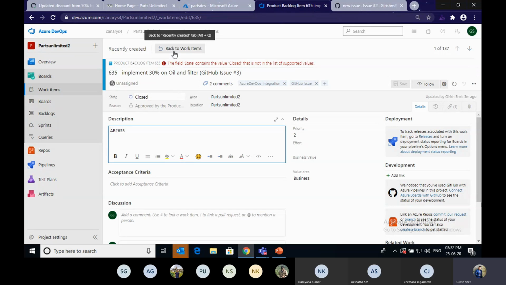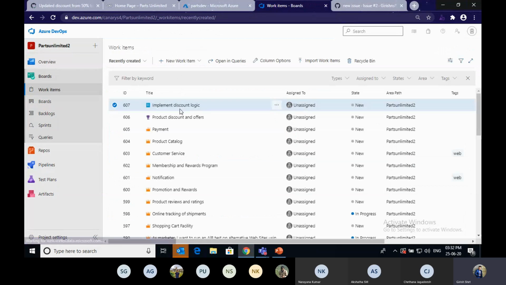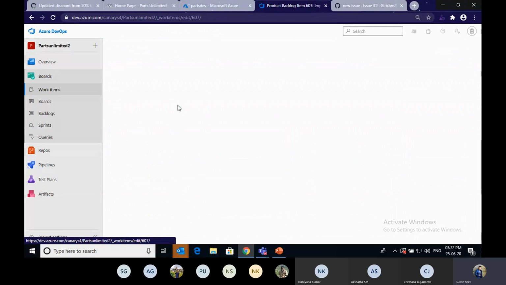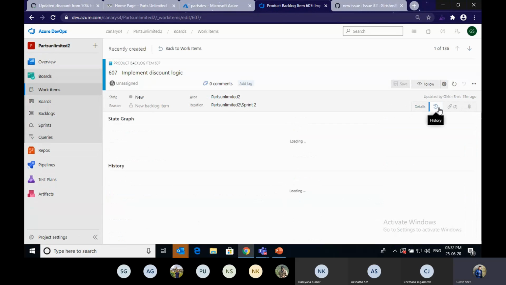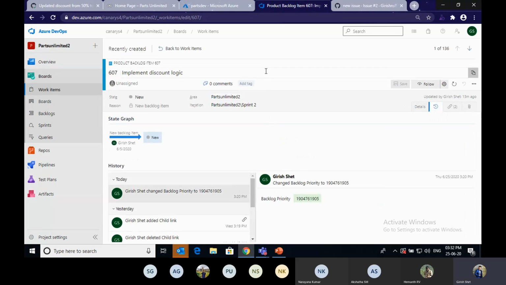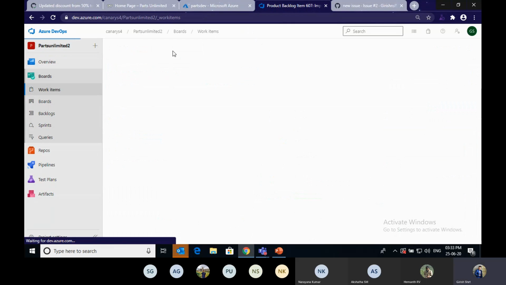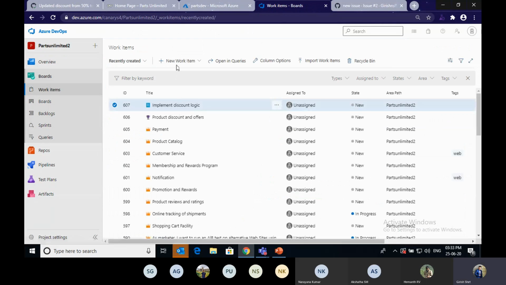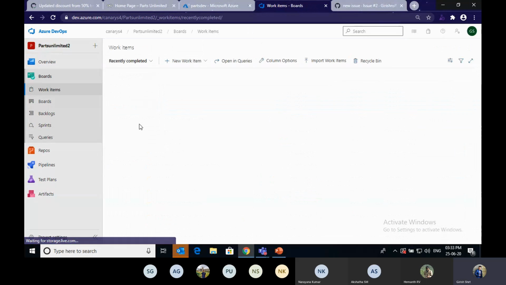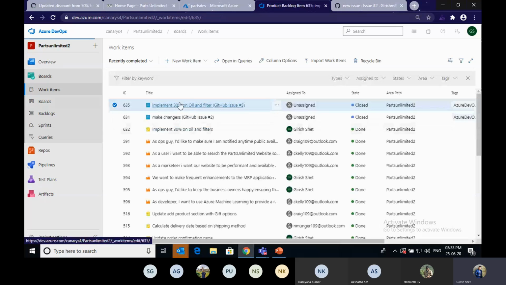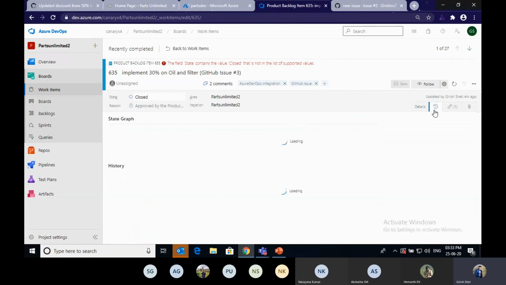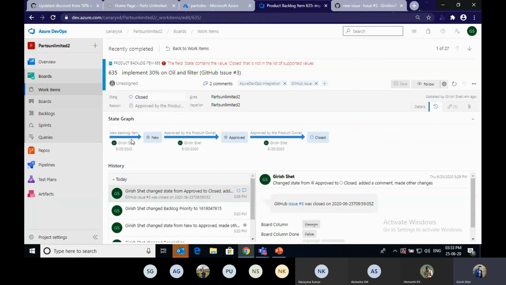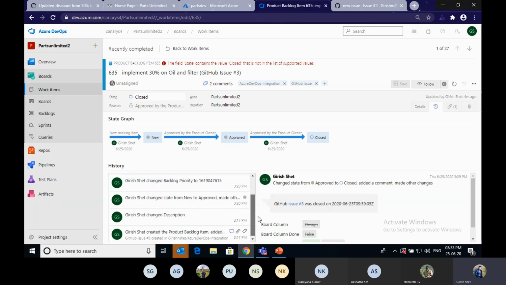You can also see the history of the work items here. This is the work item that was recently completed here. You can see the history also, when it was created, when it was approved, when it got closed. You can see the history tab here.